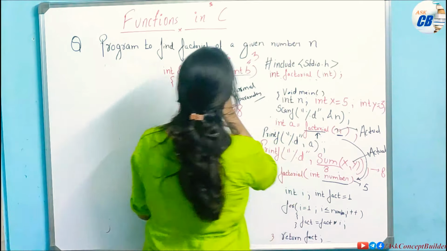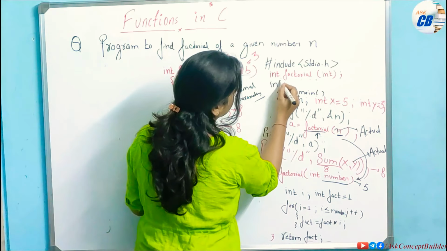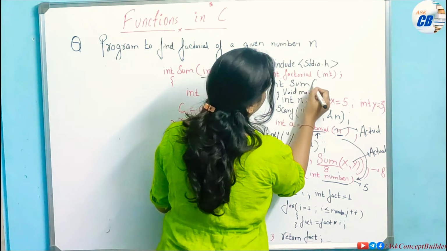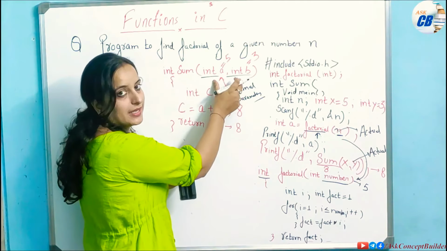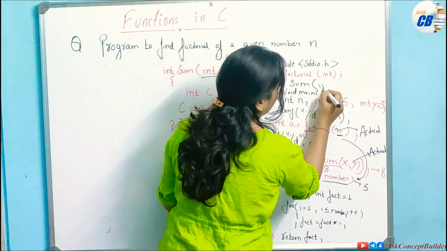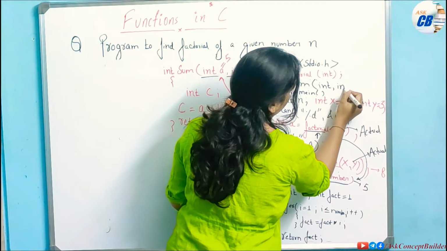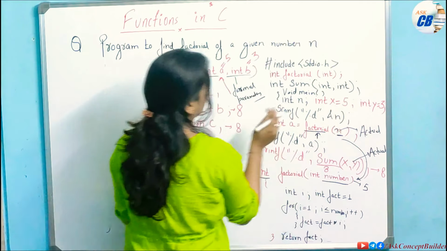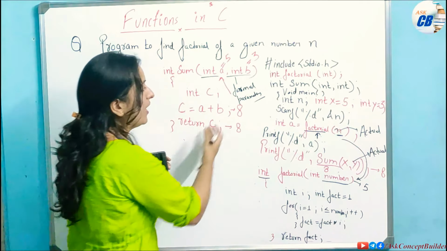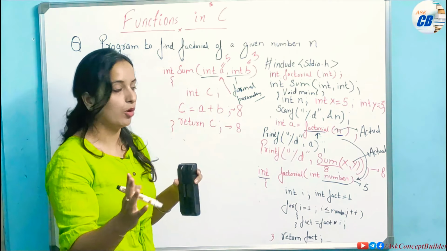Now how you will declare this, same thing again in sum, but two parameters are there and both are of integer type. So I will declare it like this, int comma int. In this way I will declare. So as many functions as you are defining, you have to declare them there. So this is one important point.